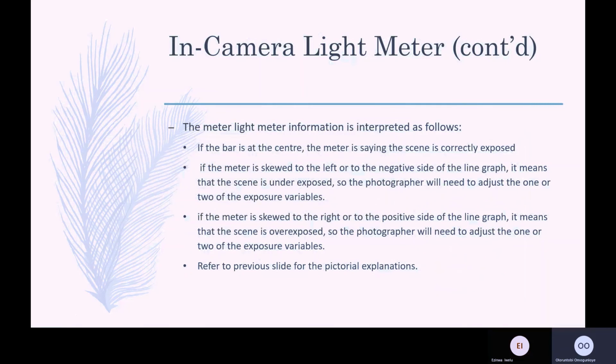Camera light, we'll continue with that. So, the light meter information is established as follows. I have explained this. There's nothing for us to go into there. On this previous slide, if the bar is at the center, the meter is saying the scene is correctly exposed. If the meter skews to the left, or to the negative side of the line, it means that the scene is underexposed, so we need to add in more light. If the meter is skewed to the right, or to the positive value, that means the scene is overexposed, like